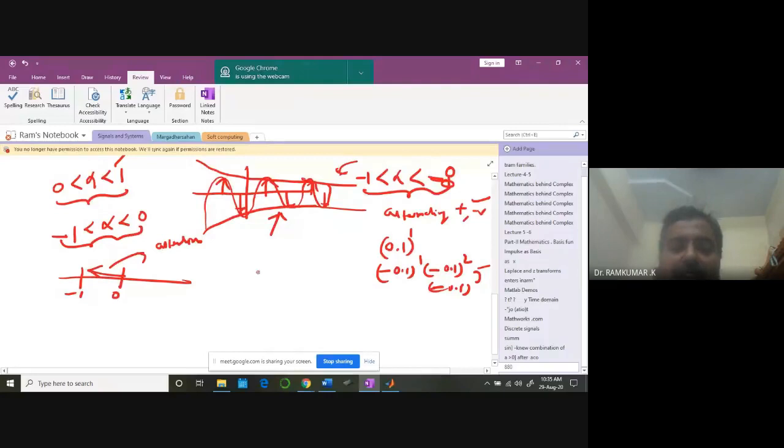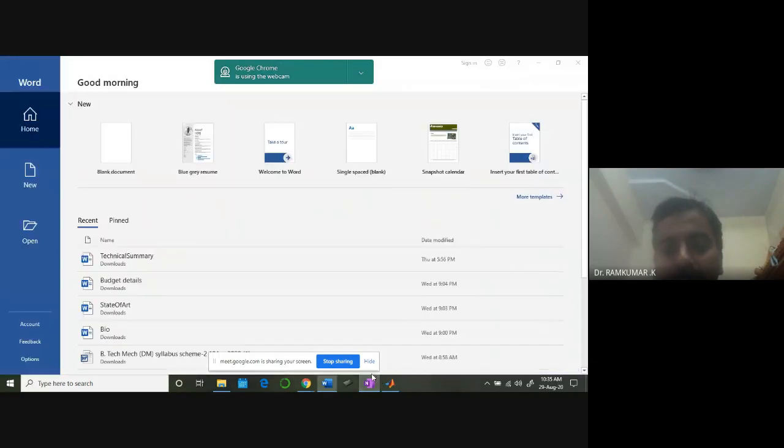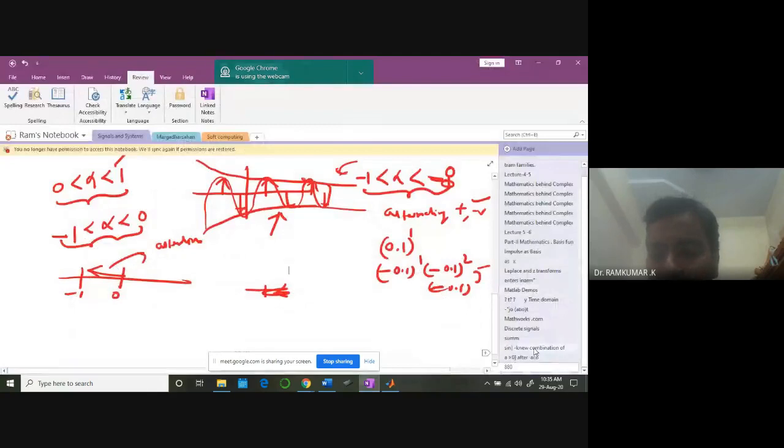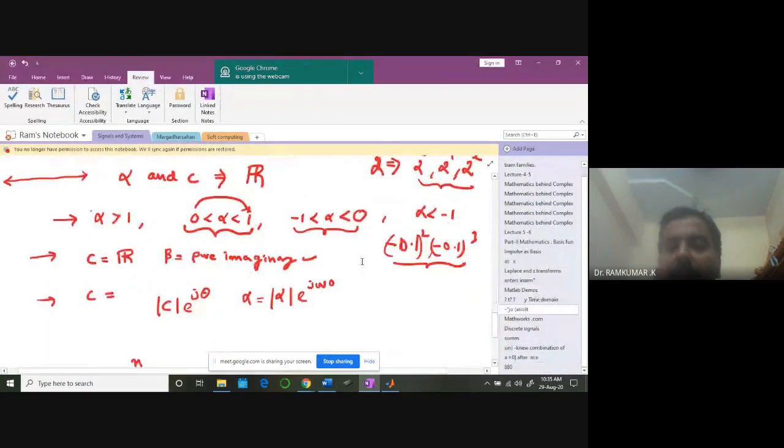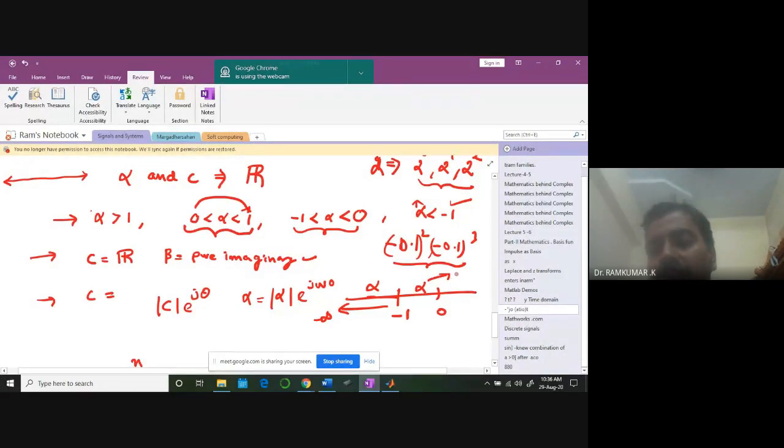What is the next case then? It's going to be -1 greater than alpha. So you understand that. So that's the last case. Look at this. This is what I'm telling. That is -1 is greater than alpha. So naturally, for any alpha in this line, start from this, go up to -infinity. Any alpha, choose from this domain. Between 0 to -1 alpha, if I'm going to choose, I'm going to have alternating samples, but with decaying exponential.